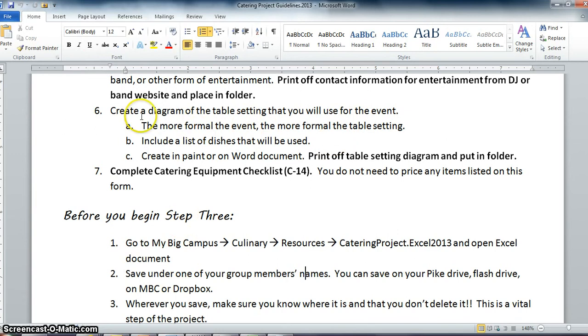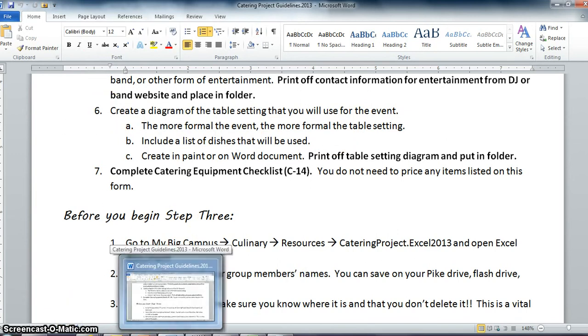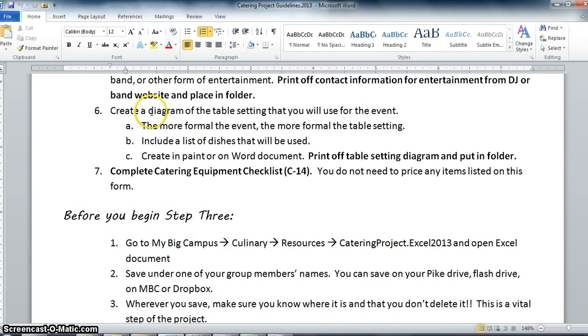Alright, next you're going to create a diagram of the table setting. You're going to create a diagram of the table setting that you want to use at your event. The more formal the event, the more formal your table setting. And